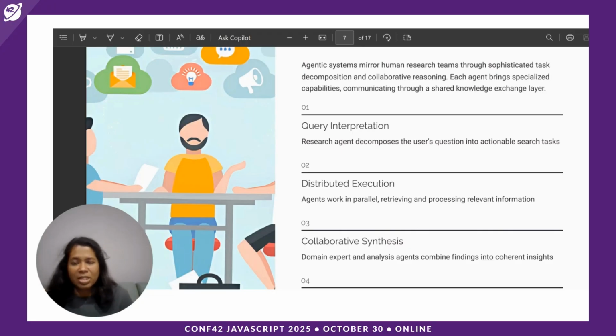In the collaborative synthesis phase, domain experts and analysis agents integrate their findings to generate coherent analytical narratives that address the original query requirement. In the quality validation phase, we verify the accuracy, eliminate potential bias, and ensure analytical integrity before the final delivery. This architecture enables processing capabilities that exceed single agent limitations while maintaining analytical rigor and systematic quality assurance.